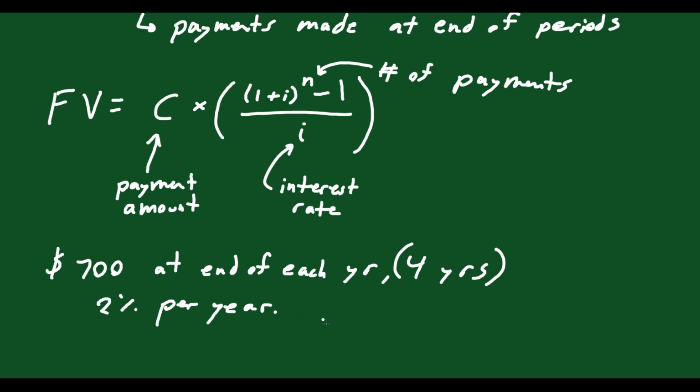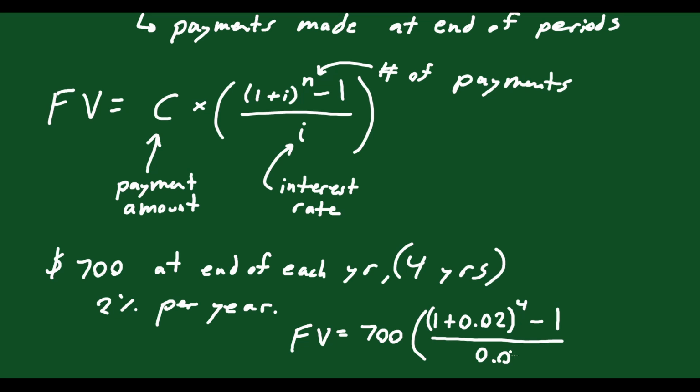So we'll say the future value is equal to, well, the payment amount, which is $700, times 1 plus I being the interest rate, which is 2%, so I say 1 plus 0.02, we have to write that as a decimal, to the exponent of n being the number of payments. How many payments do we have? Well, we have 4 payments, because we're making these payments at the end of each of these 4 years. So there's 4 payments, minus 1, divided by 0.02. Then you can go ahead and calculate this. And what you're going to get is